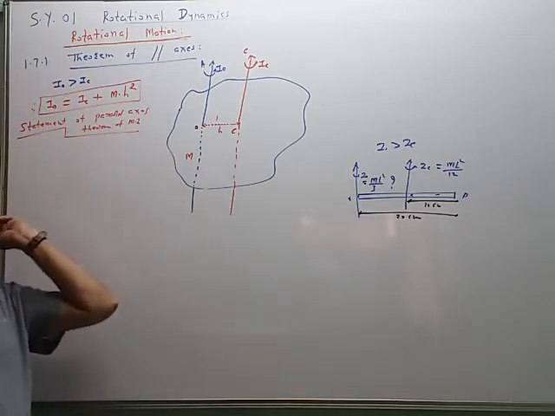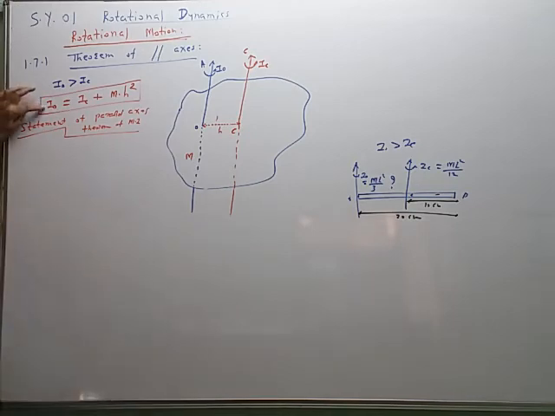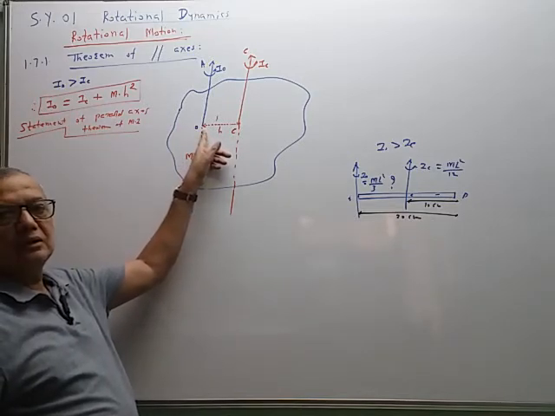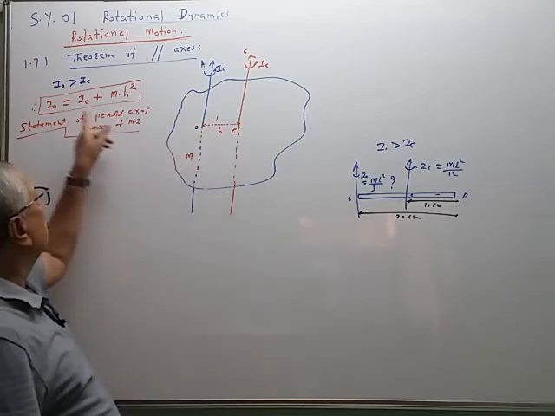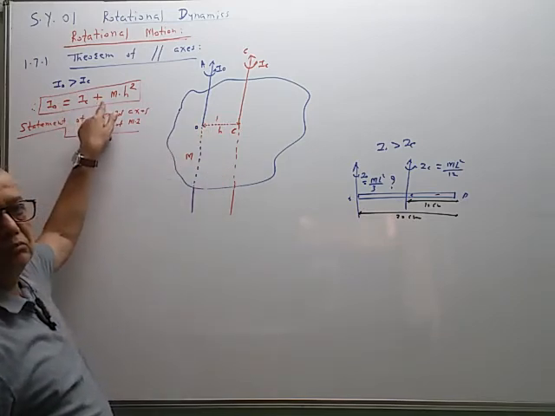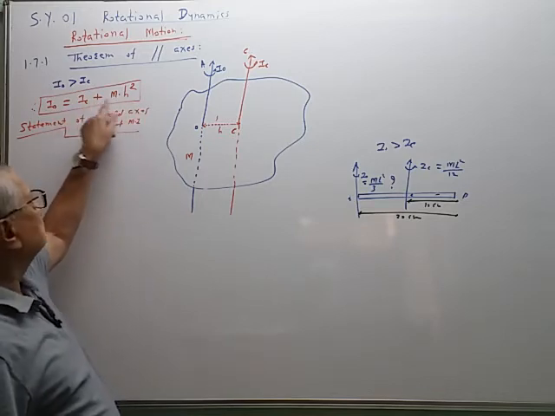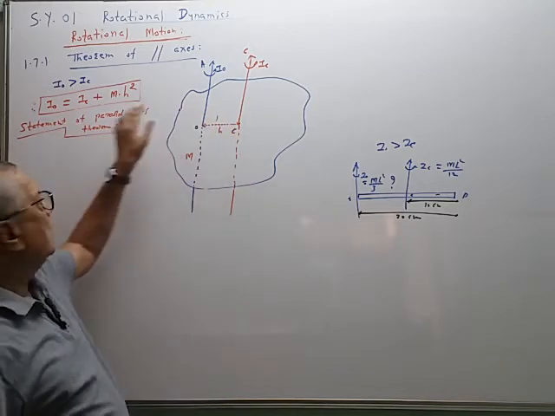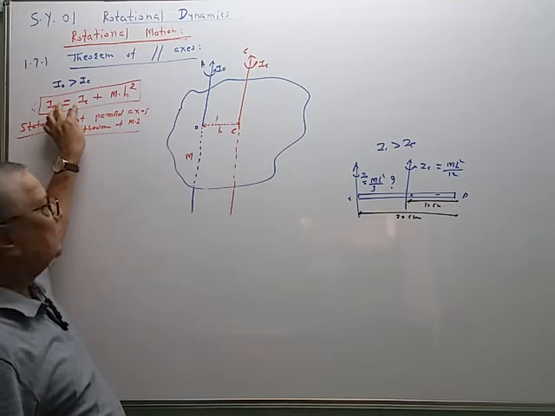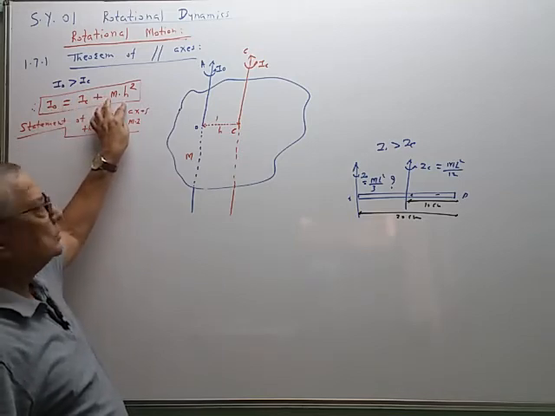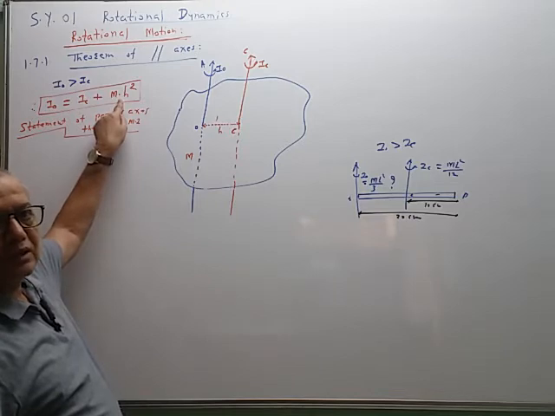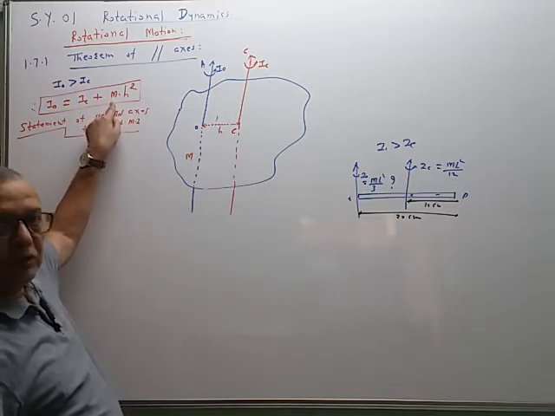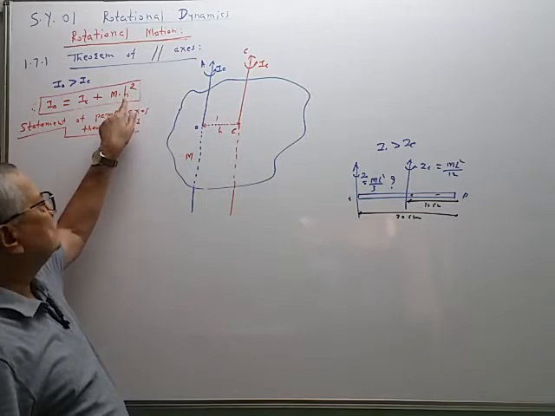How can we prepare the statement like this? Start from the left-hand side. The MI of a body. Here the body is not a laminar body. The MI of a body about a given axis of rotation is given by the sum of the first part and the second part. The sum of the first, MI of the body about a parallel axis. These two axes must be parallel. About a parallel axis passing through the center of mass, and now what is the second term? The product of the mass of the whole body and the square of h.